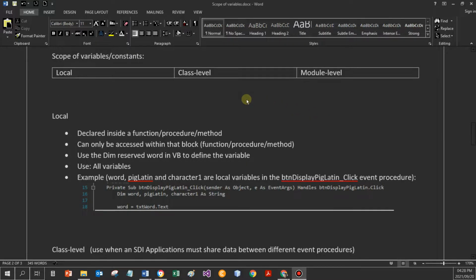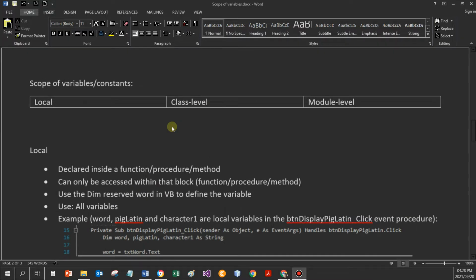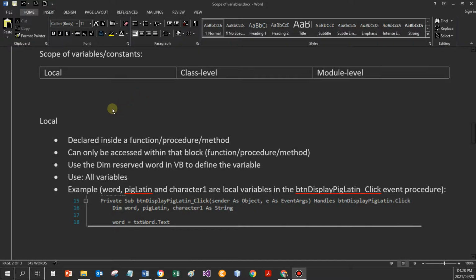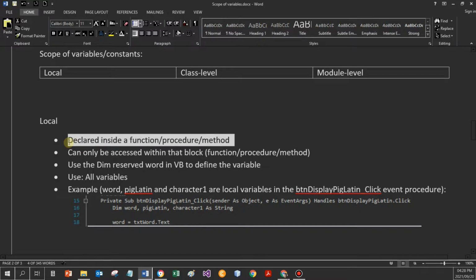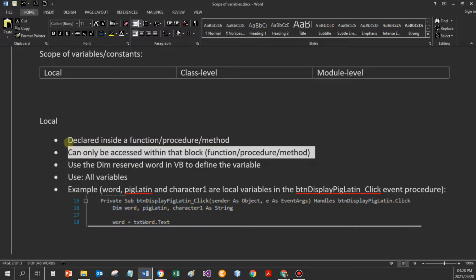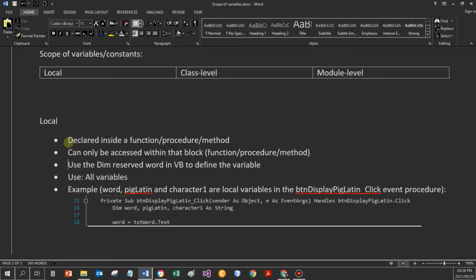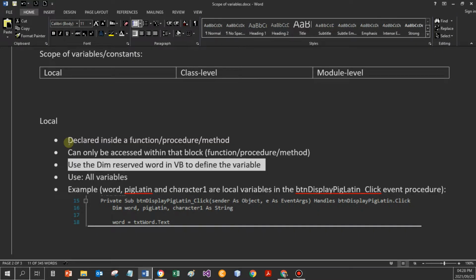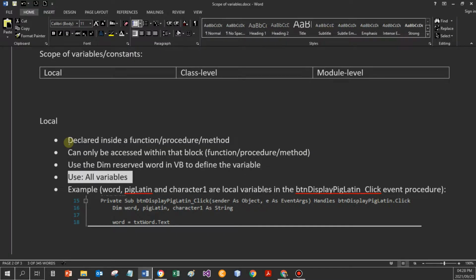So local variables are nice and easy. This is what you've been using up until now. These are declared inside a procedure or a function. They can only be accessed within that block, so in the procedure or the function. Remember, event procedures are also procedures. I'm going to use the Dim reserved word in VB to define the variables. What do I use it for? All variables and constant values